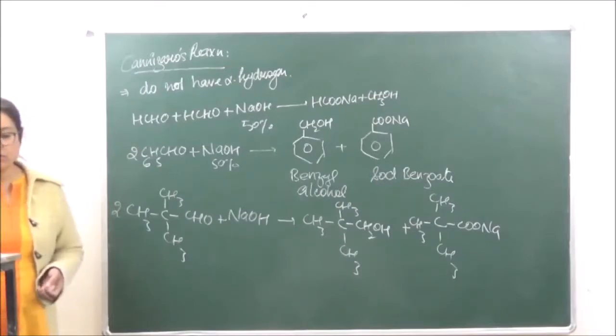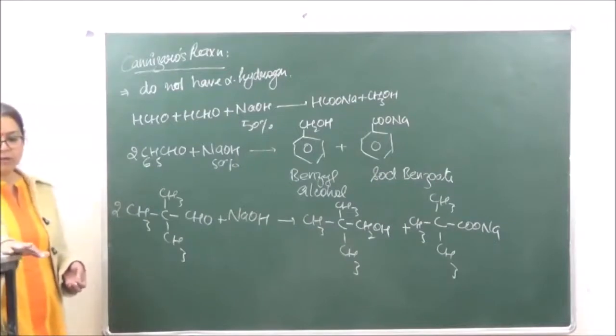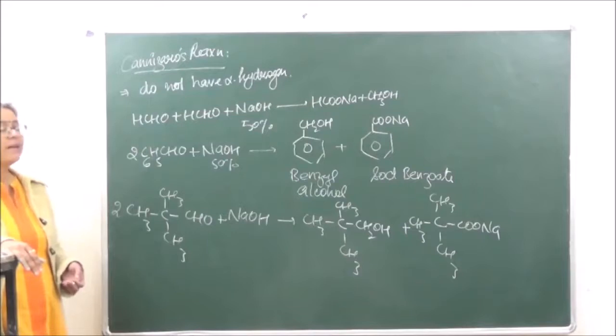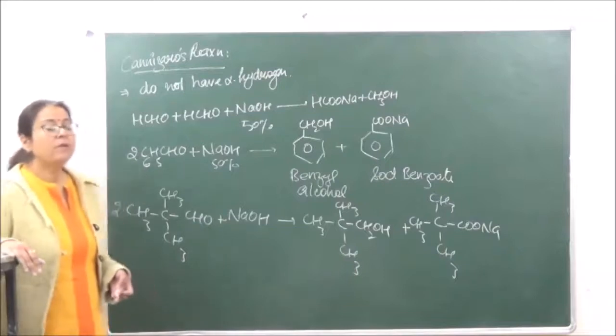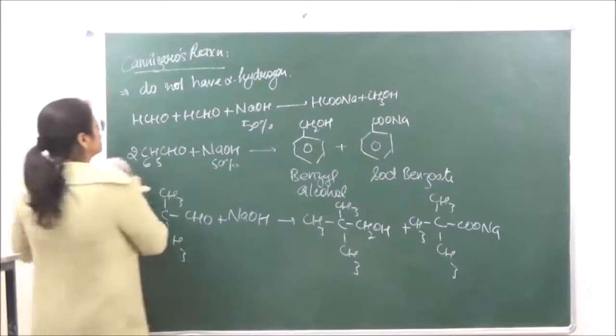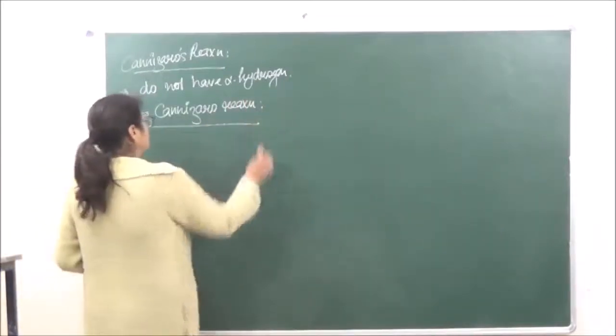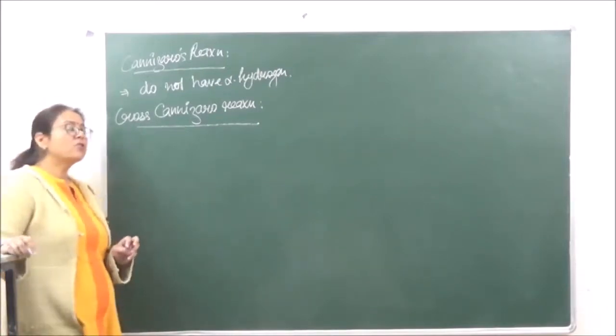The Cannizzaro reaction is for compounds where there is no alpha hydrogen present. This is known as self-Cannizzaro reaction because we are reacting two similar molecules. But we can also react two different molecules, that will be known as cross-Cannizzaro reaction. So let's take an example of cross-Cannizzaro reaction, between benzaldehyde and formaldehyde. Remember that the bigger group will always form the alcohol and the smaller one is going to form the salt of sodium.